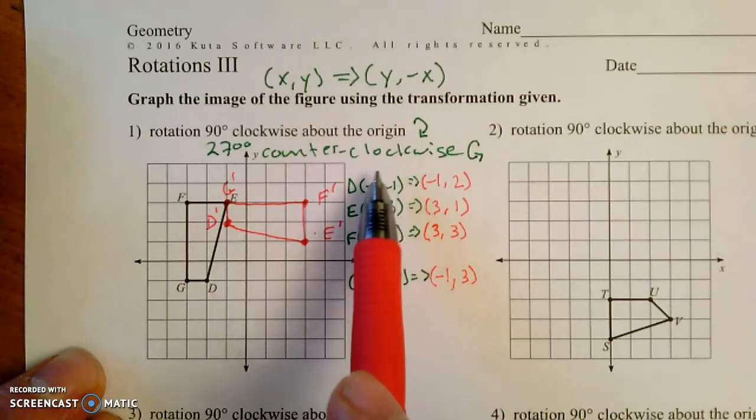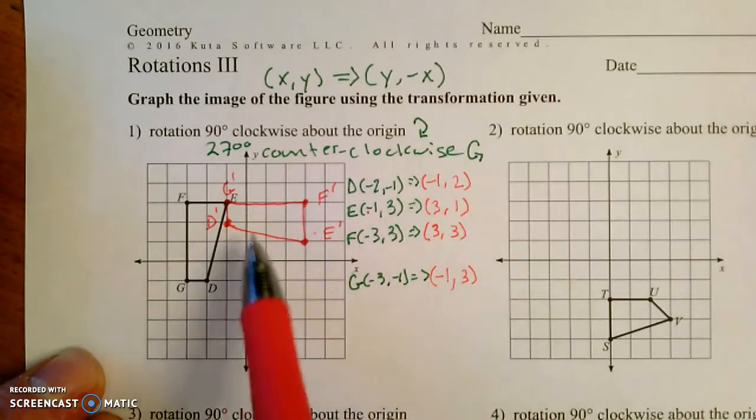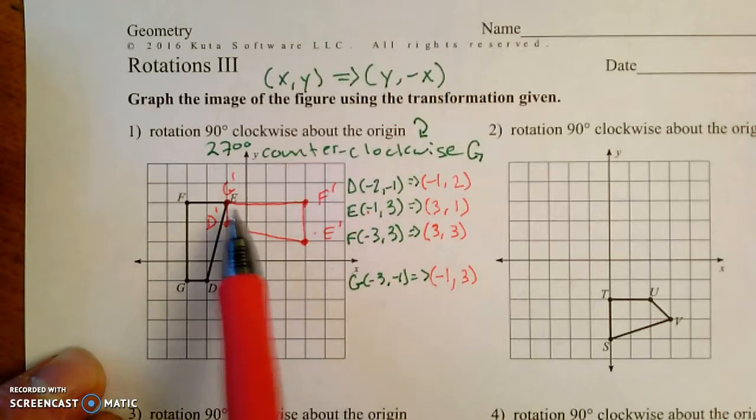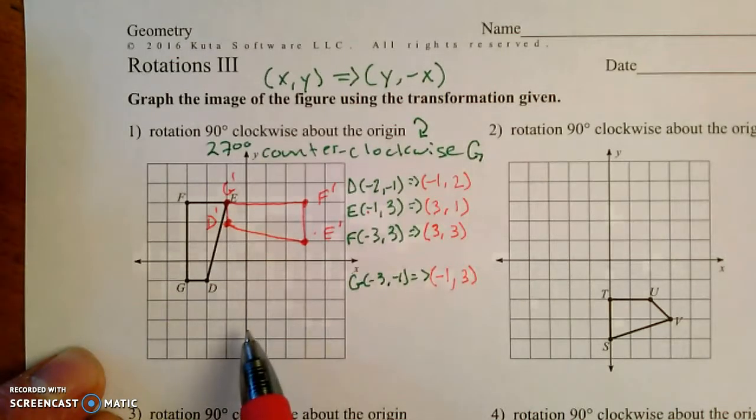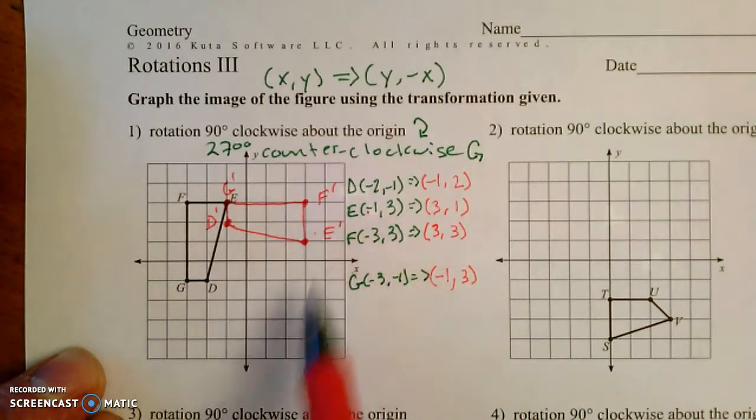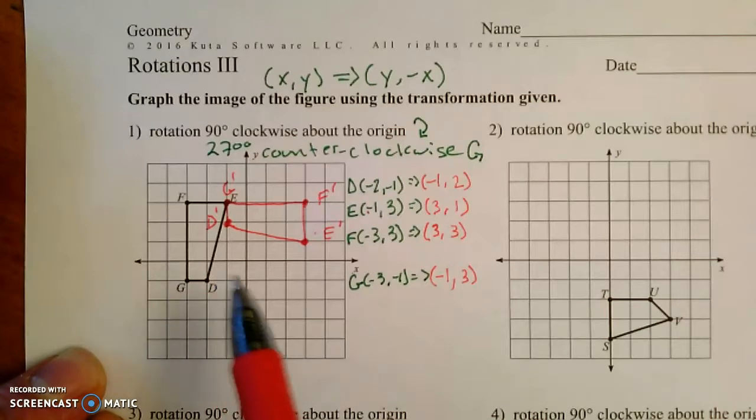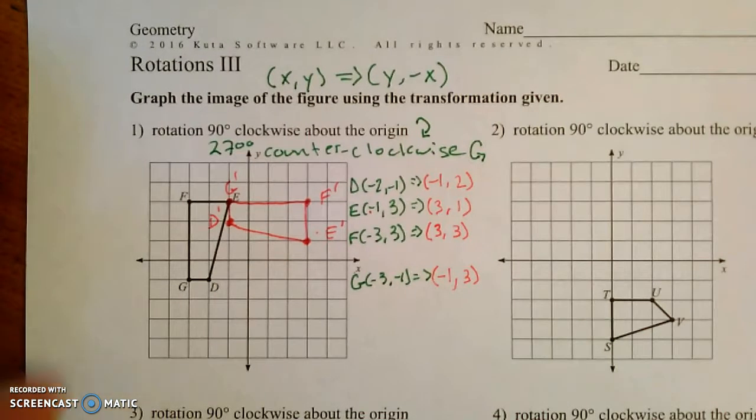We have a rule for that. Of course, you could also say that a 270 degree counterclockwise rotation, or sorry, 270 degree clockwise rotation is also a 90 degree counterclockwise rotation, but whatever. Okay, on the back side of this, you will also find